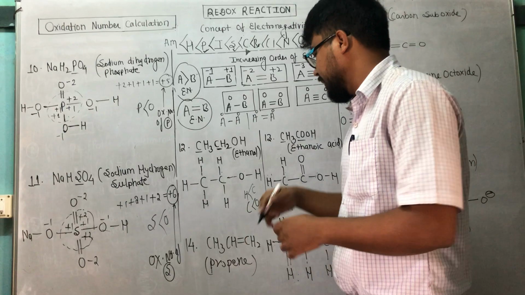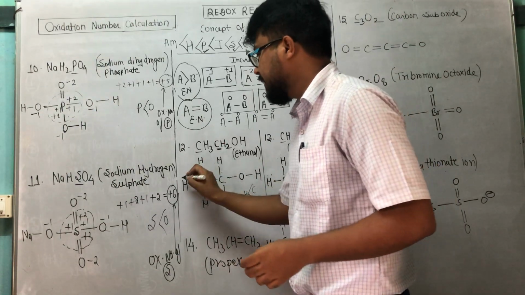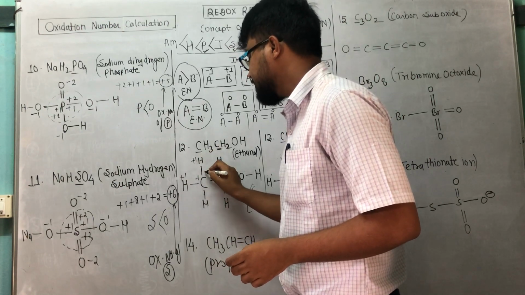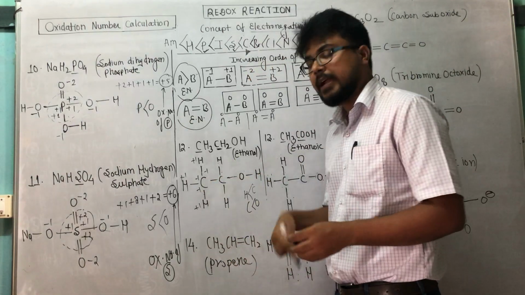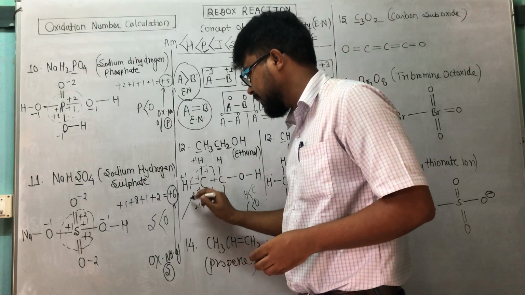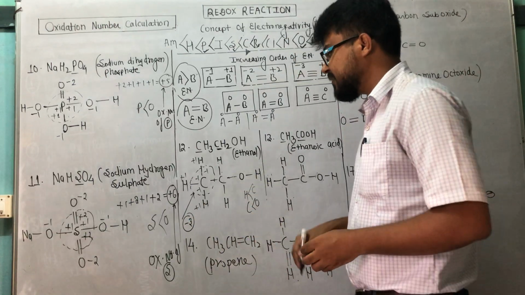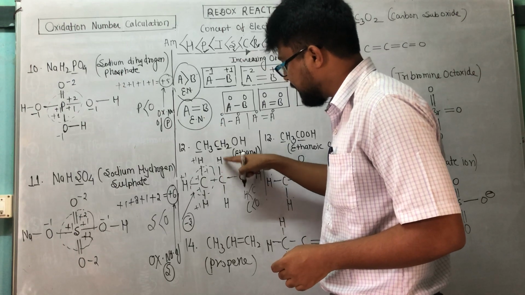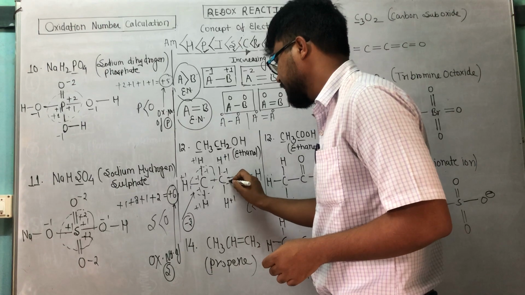And next we can assign: because hydrogen is less electronegative than carbon, it is +1, so the carbon will be -1, hydrogen +1, carbon -1, hydrogen +1, carbon -1. With respect to all bonds we calculated, correct? So the oxidation number of this carbon is how much? It is -3 collectively. For this carbon, check: for this bond between carbon and hydrogen it is +1 -1 +1 -1.